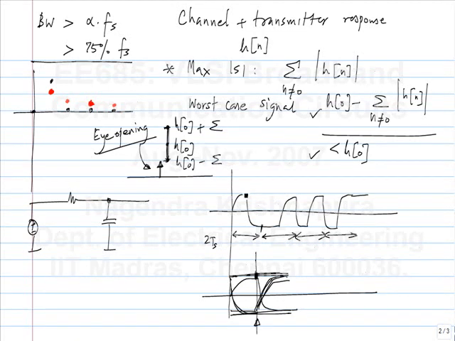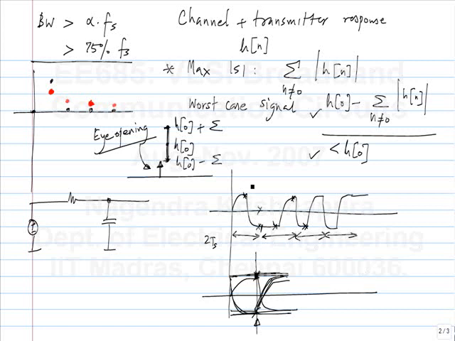So, let's say my sampling instant was here. In the first case, I will get this. In the second case, I will get this value. Third one, I will get this. So, in the diagram, all of them will be on top of each other. Rather, this and the successive 2-bit things will be on top of each other. So, this will be here. The next one will be here. The next will be here, and so on.